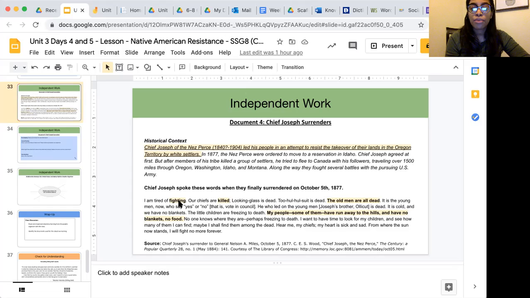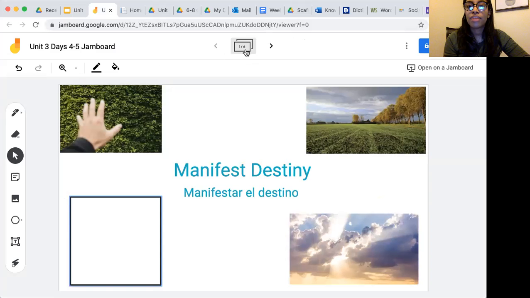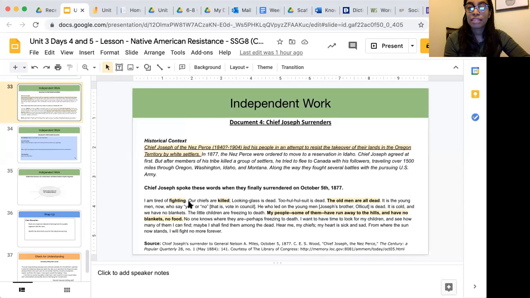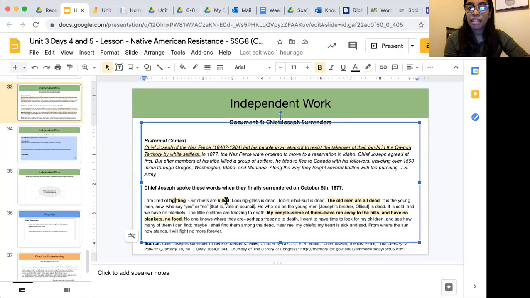Some of the words here that I definitely highlighted are fighting and killed. Students might know what fighting is, right? Killed. It's still relevant because these words, fighting and killed, as we would have identified in the interactive Jamboard glossary, would be a negative relationship. That's why I picked that image, because it's something that the students would definitely encounter in the text, right? Fighting or killed. And when they see these two highlighted here,